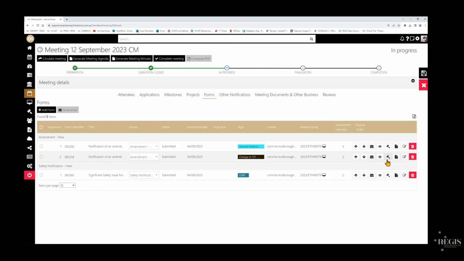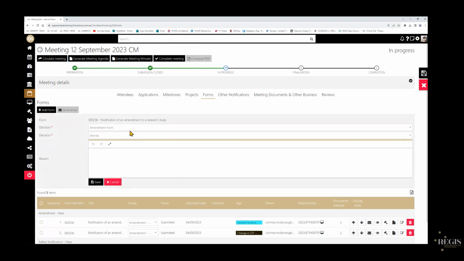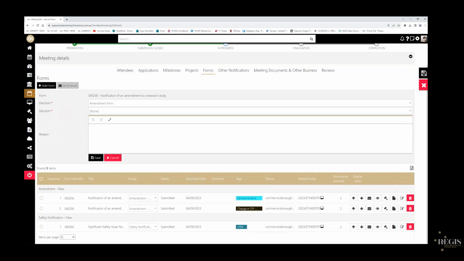So next one we have again is an amendment, but it's our change in CPI and PI admin contact. On that second row with the dark brown tag here, I'm going to click the little gavel icon again. And this is something to be really, really mindful of. If you have a lot of amendments that you're processing via a meeting, it'll save the last decision type that you've provided. So we wouldn't leave an amendment form